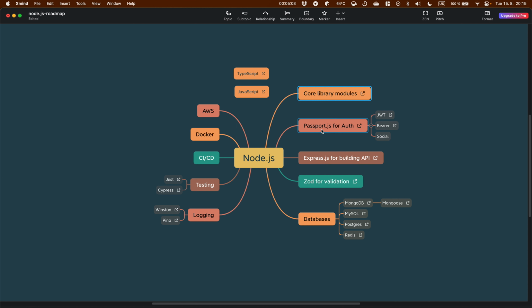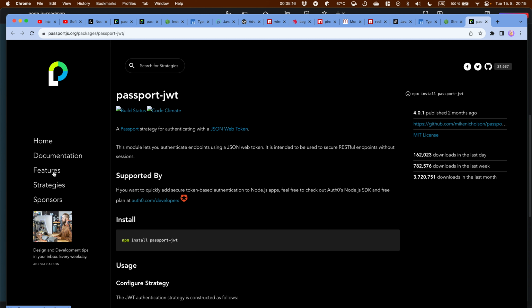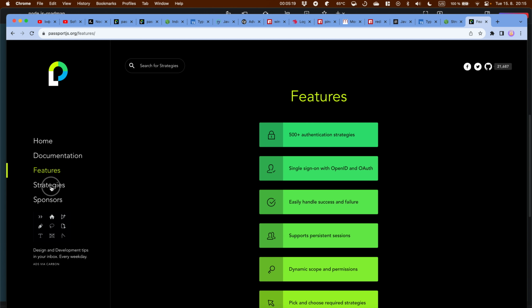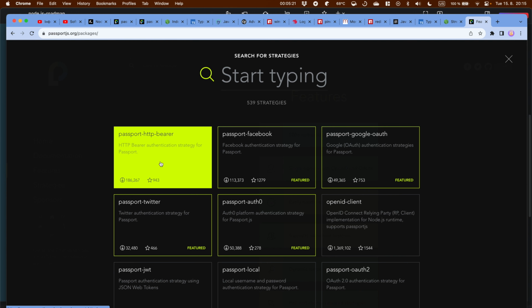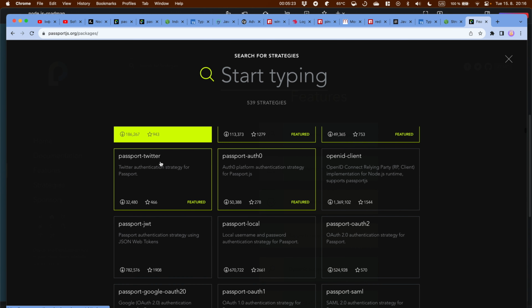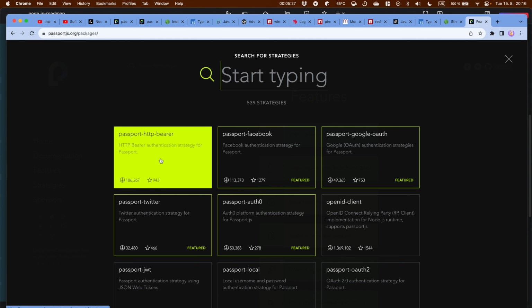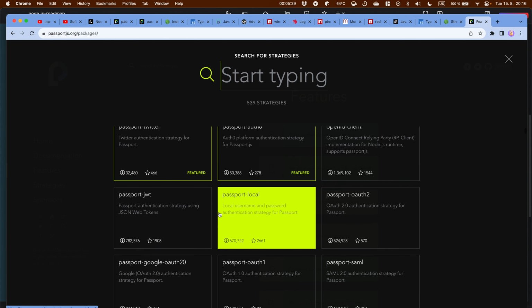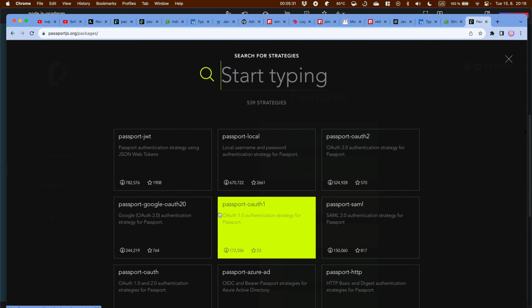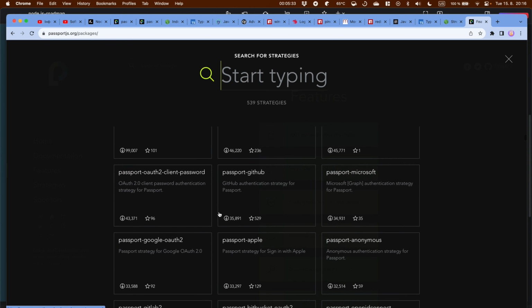Passport.js. This is the library which solves, I would say, almost all authentication problems. There are a lot of strategies, so let me show you, like HTTP bearer, JWT strategy, authentication using social networks or OAuth, and there are a lot of them.